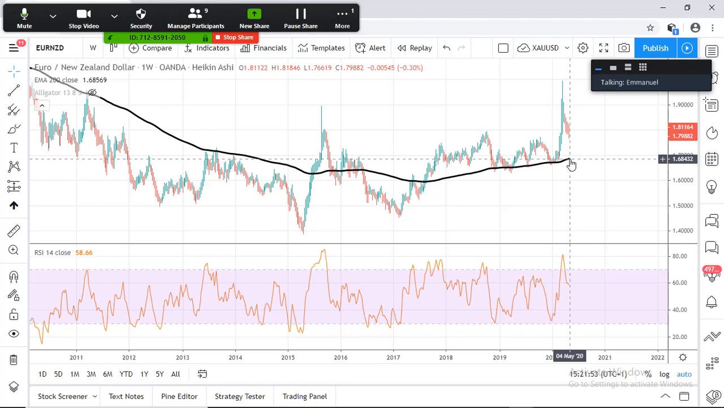And when you are trading like this, it's better you stay on the side